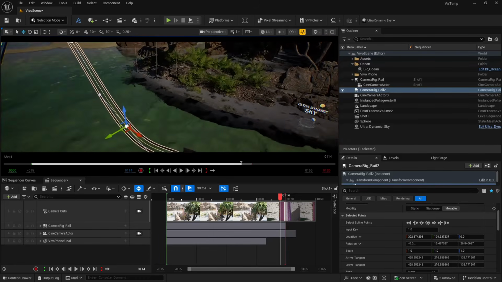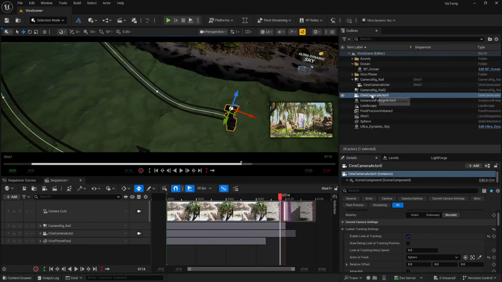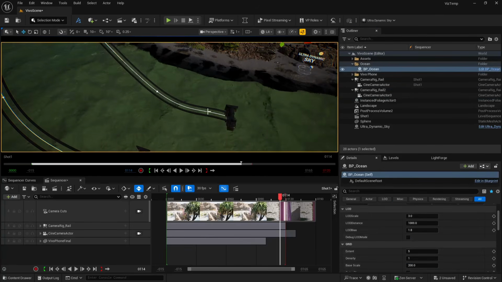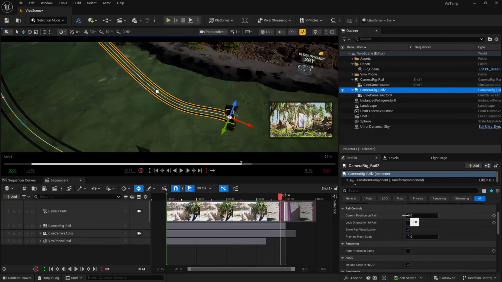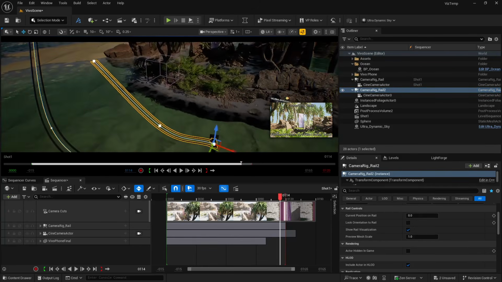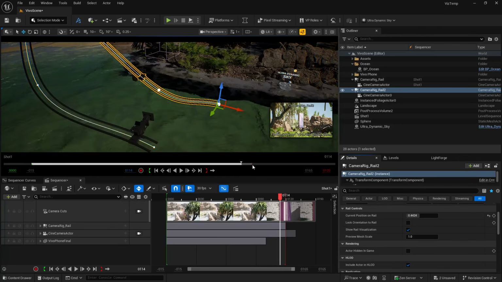Now in order to use this, I'm going to parent my camera inside this rail. So let's just move it into our camera RigRail 2. So now you can see we have it here, and then I'm going to select my RigRail here, and then here it is what it is going to work. It is current position on rail. So if I do something like this, you can see my camera is moving and it is snapping here,